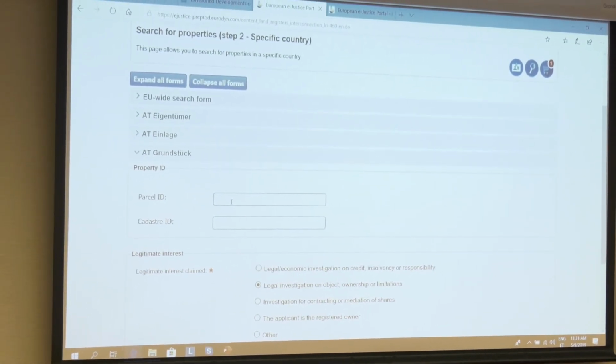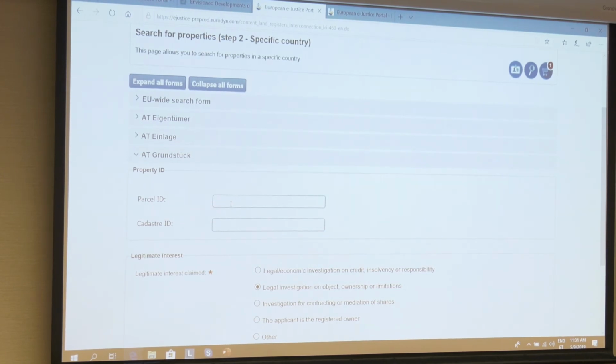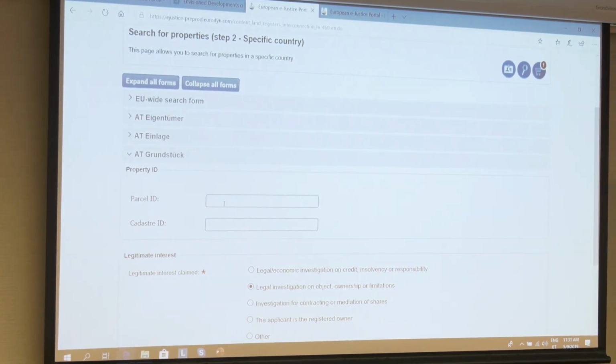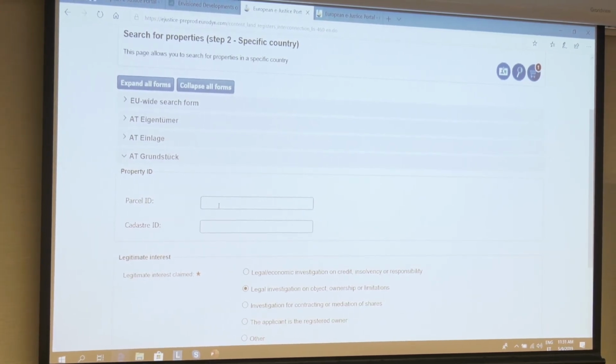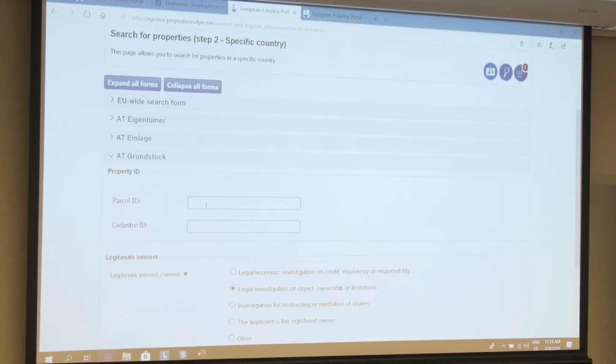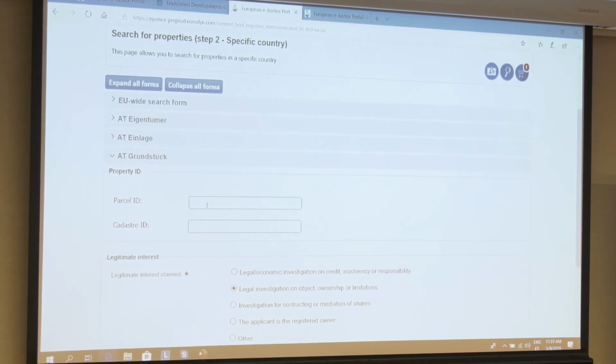If you have this ID at hand, because you are the owner and you know what you own, and you want to get an excerpt from the land register to hand to somebody else, you can search directly for the parcel number.